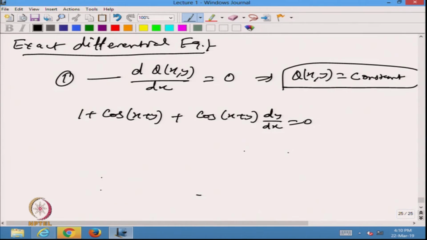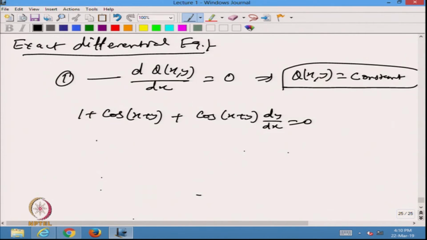So, this is the first order differential equation, and this is non-linear because we have a cos term for x plus y. If we expand that one, then we have a power of x and y. So, this is a non-linear equation and I do not know how to solve this one. But if you look a little bit carefully at this one, then you will see that this equation can be written